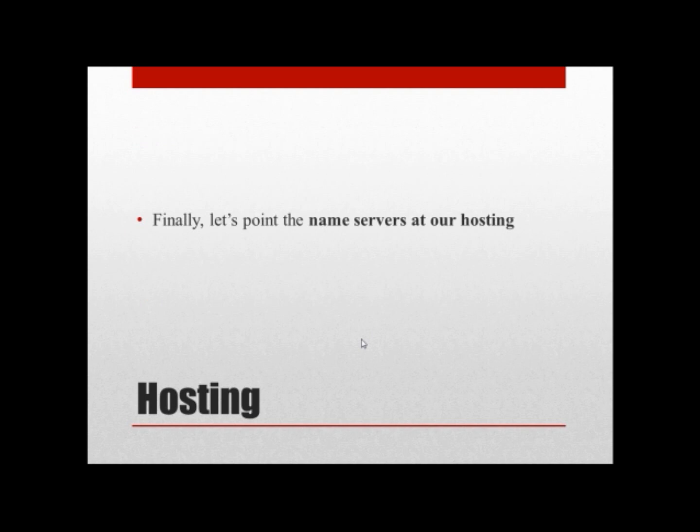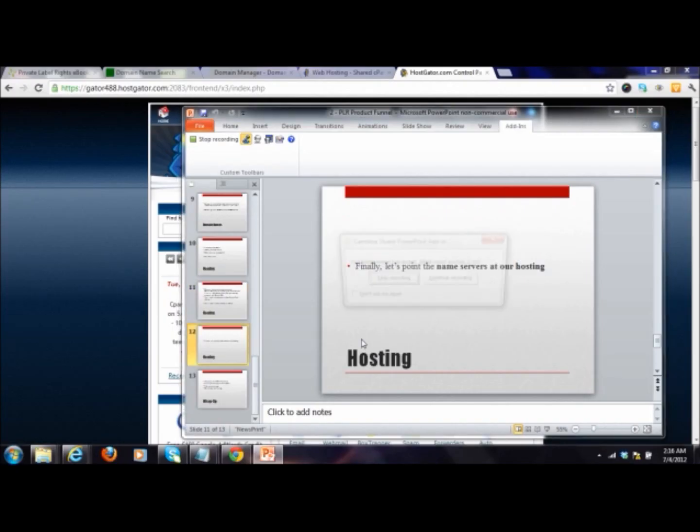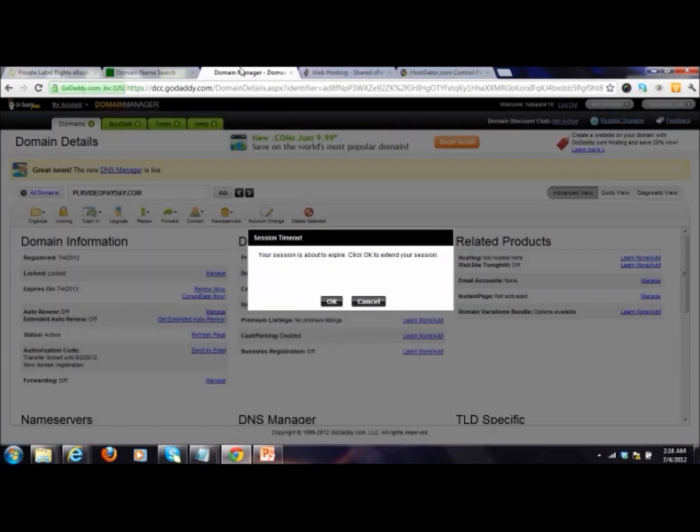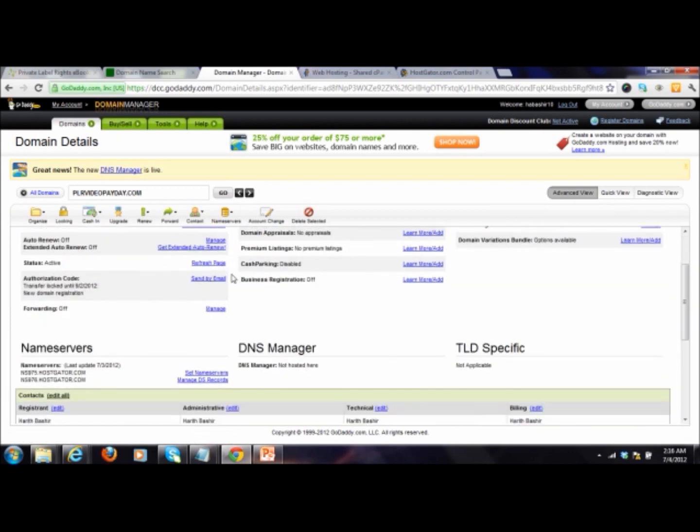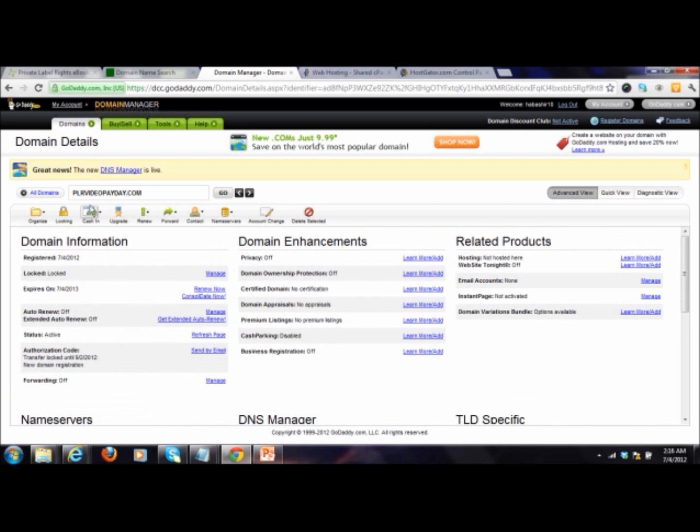Finally, let's go ahead and make sure the name servers are pointed at our hosting. Essentially, when you purchase a domain, all you've got to do in the GoDaddy dashboard is go to the name servers and make sure that they're edited. Here is the icon right here to click on, and after that, you click select and set name servers. Your name servers should have come through your